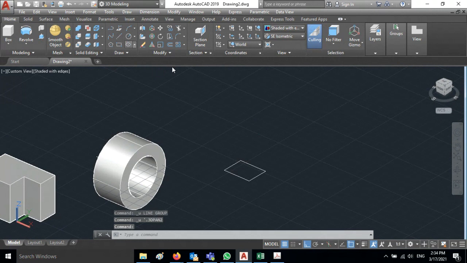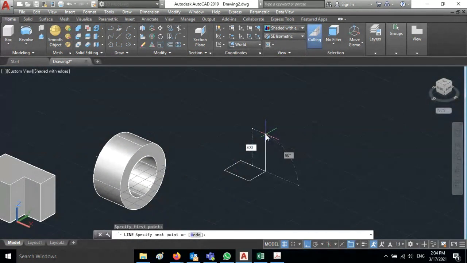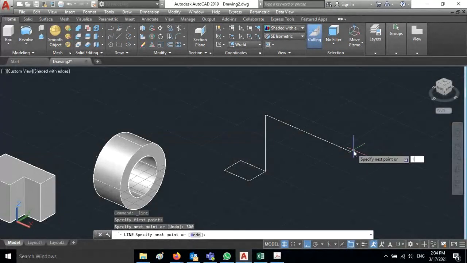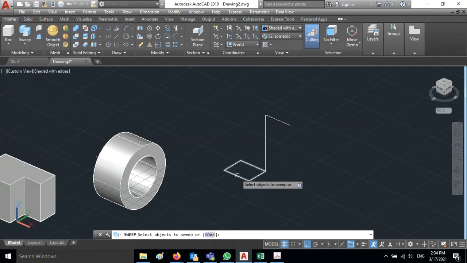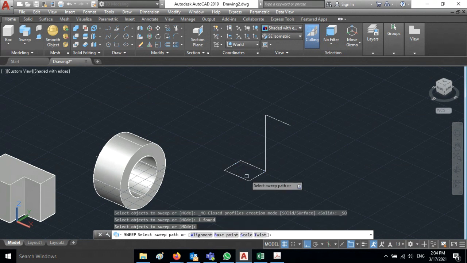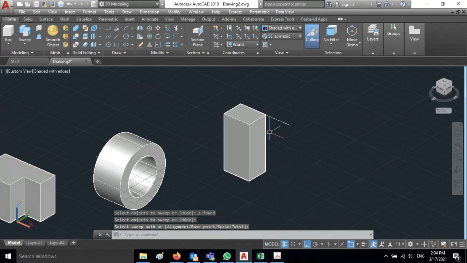I'm going to use the sweeping line from here. I'm going to use 300, and this side 150. Okay. Now you can use this sweep. Select the object, and we can select the sweep path.